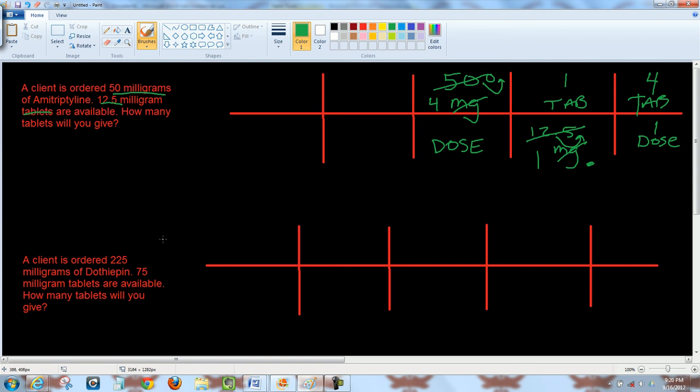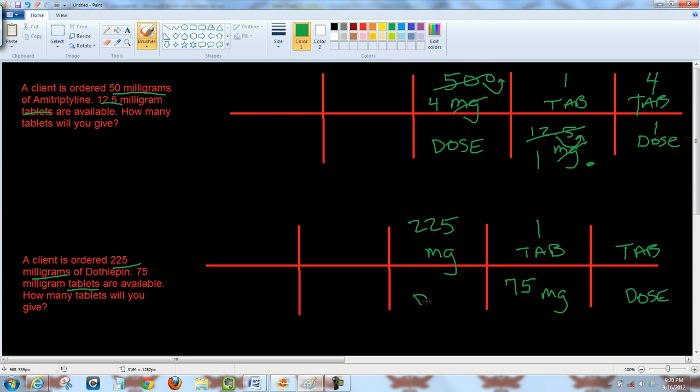Now we'll move down to problem number 2. Dothiepin is the medication involved. A dosage of 225 milligrams with 75 milligram tablets. This is exactly the same format, so we can go ahead and set this up. Tab per dose, and then put tab over here. We go over here, of course we have 75 milligram tablets, so one tablet is the same thing as 75 milligrams. Put milligrams up here. And we've got 225 milligrams